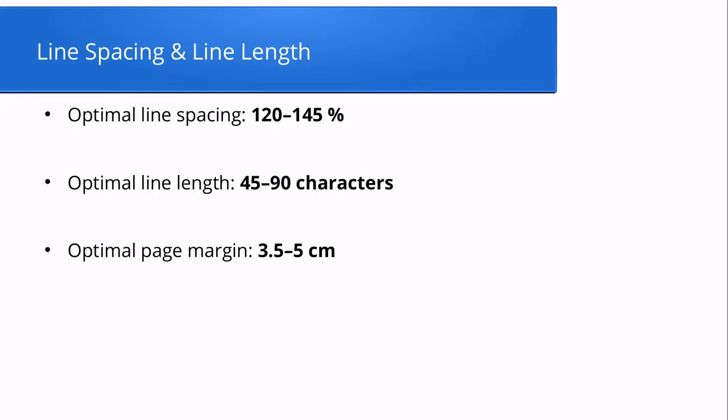Okay, line spacing and line length. So line spacing is the distance between 2 lines, and the optimal value here is somewhere between 120 and 145%. You can later go through the presentation actually, and try it for yourself. Experiment a bit with your document, and change these values, and you will see how the text renders. And actually you could really see that if you choose line spacing, for example, of 100%,